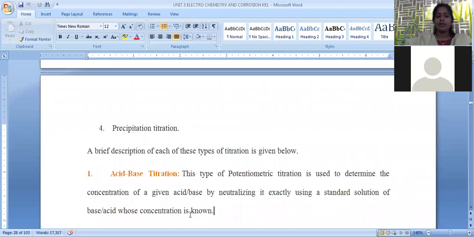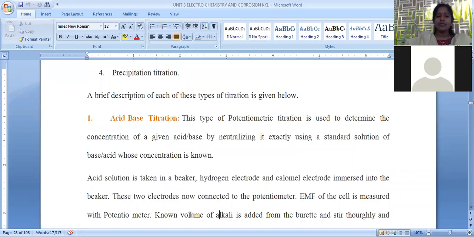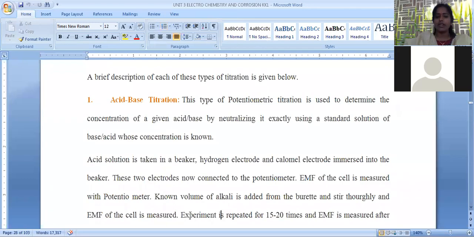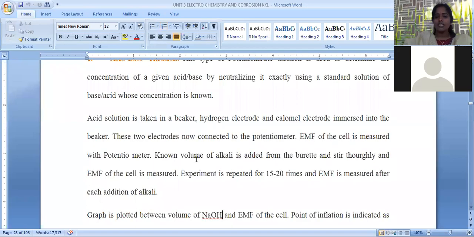Let us go one by one. Acid base titration. In order to perform this acid base titration, we have to pipette out 20 ml of acid solution into the conical flask, and the burette is fitted to the stand. In that burette we have to fill a standard alkali solution. Standard alkali is nothing but an alkali whose concentration is already known, and a known volume of alkali should be filled into